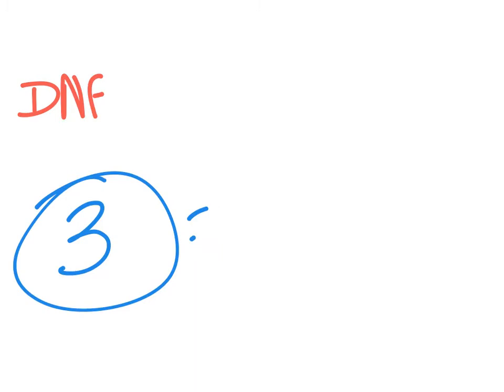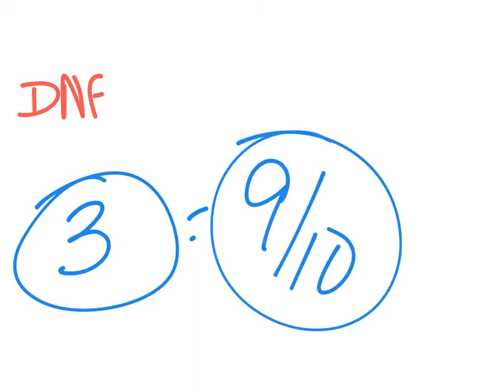Here's what I did for this, and if you have a DNF on yours, you still have a score written on it down at the bottom. Everyone would have a number that is 1 to 3, which I would have circled. So it might say 3, and then it could say equals 9 out of 10. What that means is in Power School, you would have a 9 out of 10 showing up in the grade book. The 3 would be what is on the rubric that is on the back of the constructed response. So when you flip it over, you see the score of 0, which no one had, and then a 1,